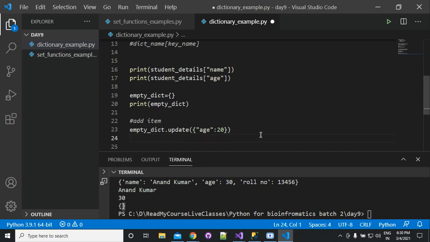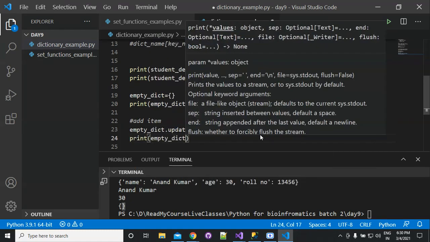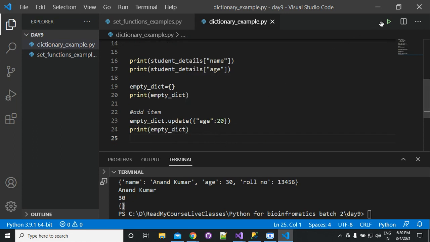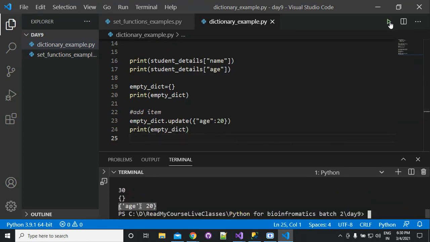Now you can see that if you print the empty dictionary, it will not be empty anymore. It will return age 20. So inside this empty dictionary we have added one value, age 20.